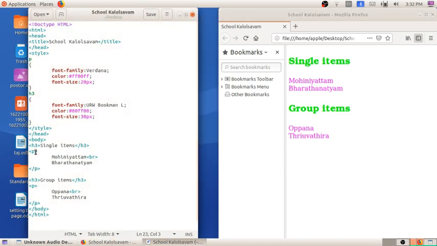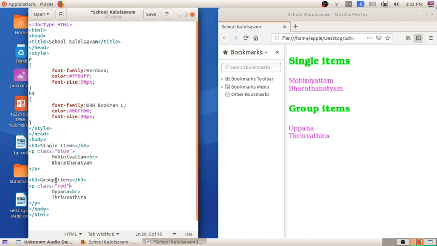So for P I am giving a class, and the color I am giving is blue. Okay, and for the other group of paragraphs, I am giving class equal to red. Class is equal to red. Okay, so here we have defined the different classes. This is the blue class, and this is the red class.